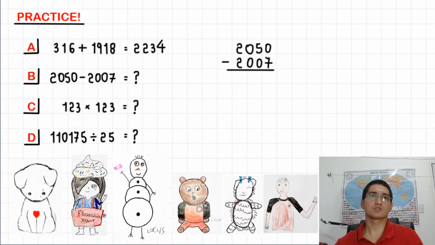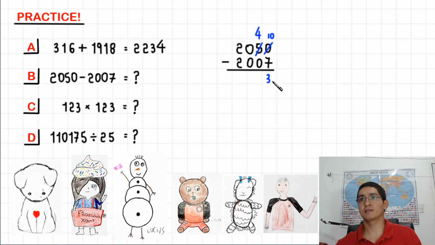Well, let's subtract. We cannot take 7 out of 0. So what we do is we take a look at the next digit. We have here 5. We take 1 from here. So instead of 5 now we have here 4. The one we took from here is worth 10 in this place. Here we had 0, now we have 10. And we can say that 10 minus 7 equals 3